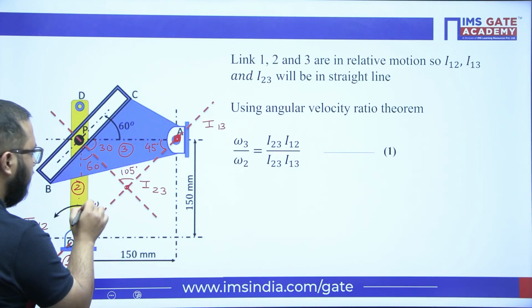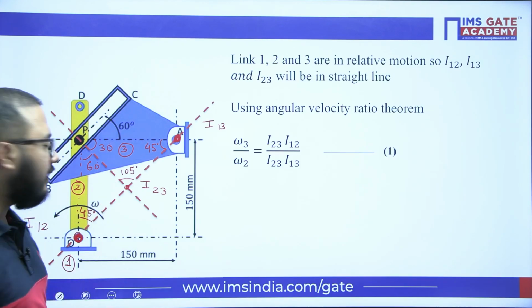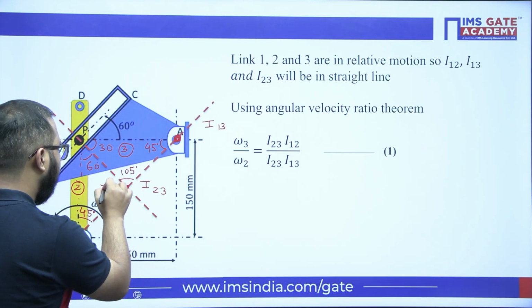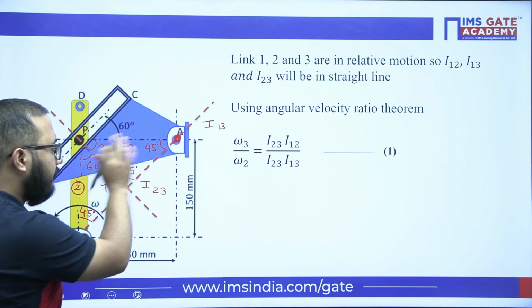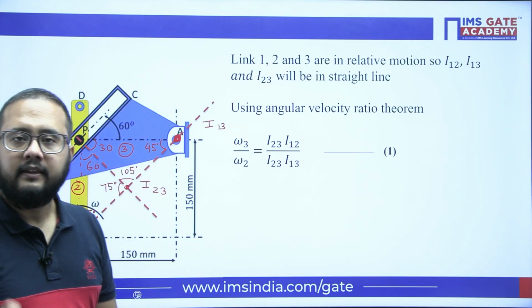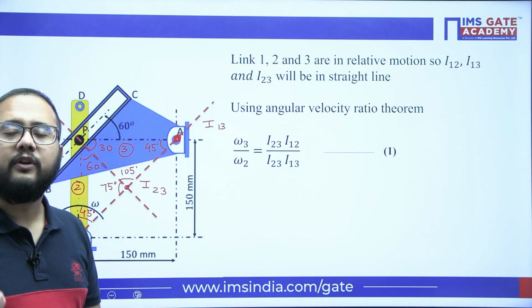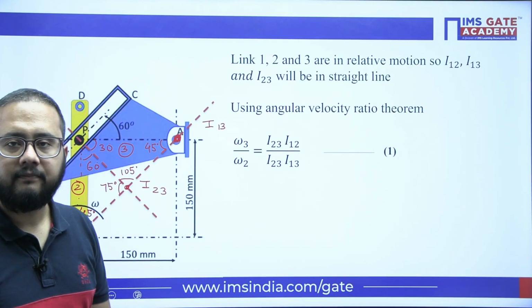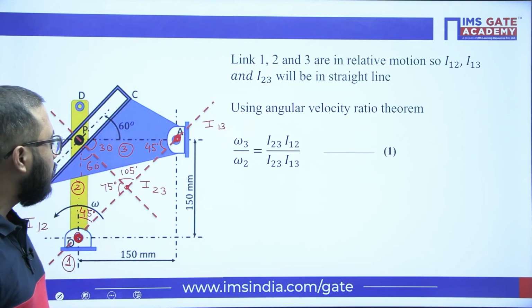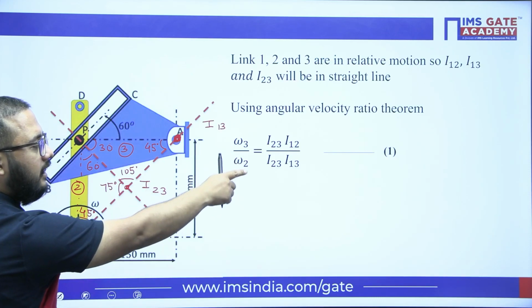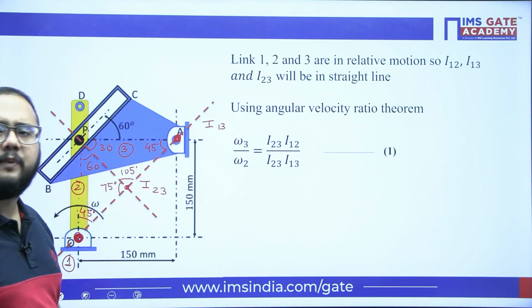45 degree. 60 plus 45, 105. Remaining angle will be 75 degree. So in that way, we have defined all the angles. Now, I've told you also, now what we can do, we can apply the sine rule here. Okay, we can apply a sine rule. To get the distance of I23 and I12 and I23, I13, simply apply the sine rule, you will get the